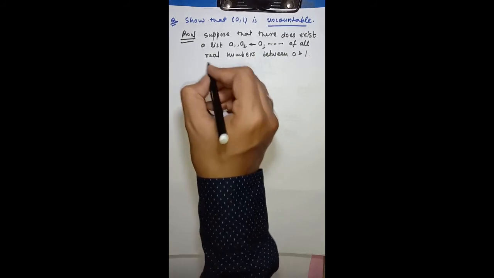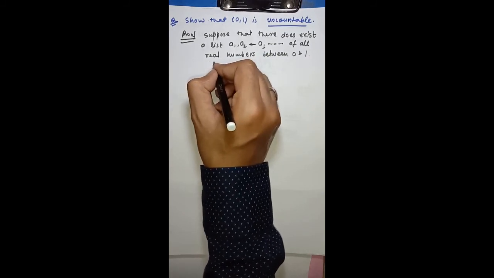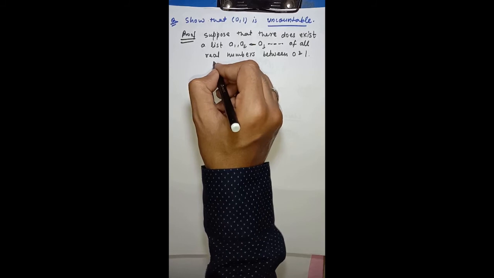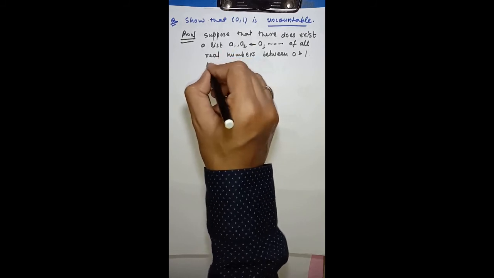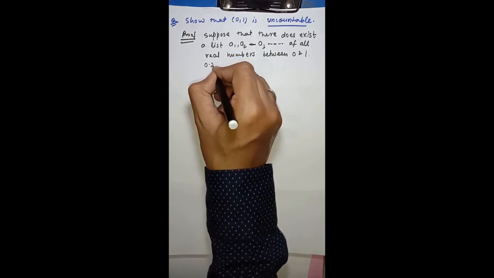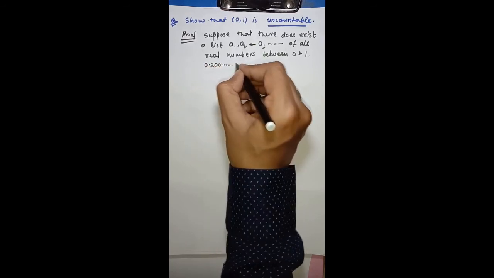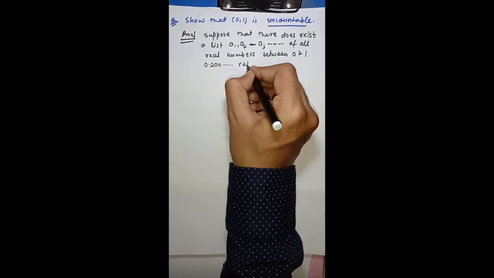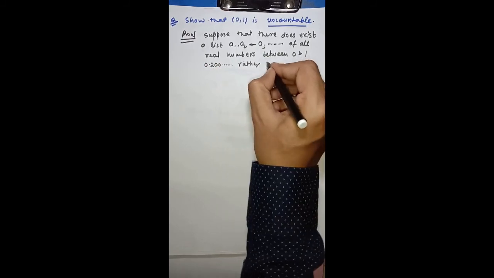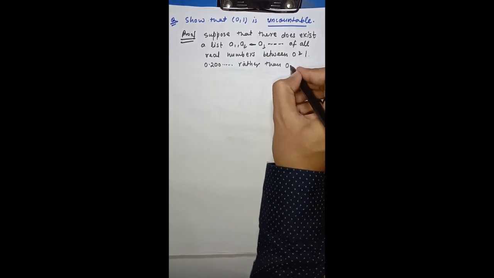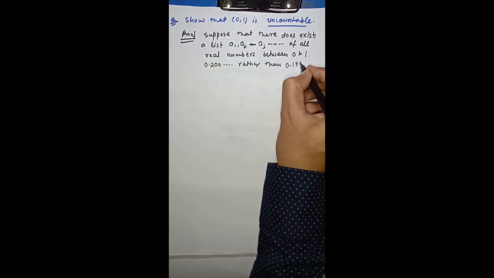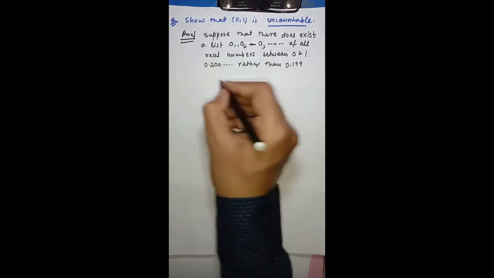And write each number in decimal form as 0.200 and so on, rather than 0.199. For example,